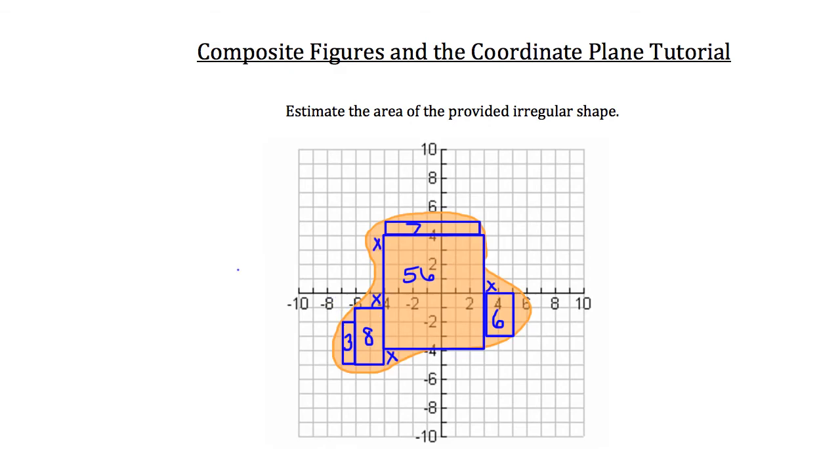And let's add everything up over here on the left-hand side. We have the big box of 56 square units, then 8 square units, then 7 square units, then 6, then 3, then 4 individuals all by themselves. So the total perfect square units is 84 square units. Now we want to take a look at all the partials, and we want to try to add all those up approximately. So I'm just going to put a couple together. For example,